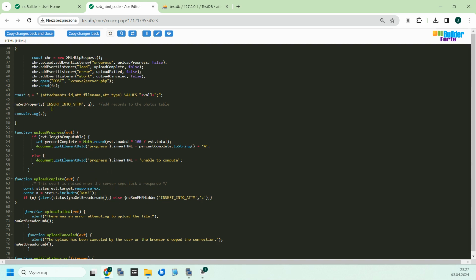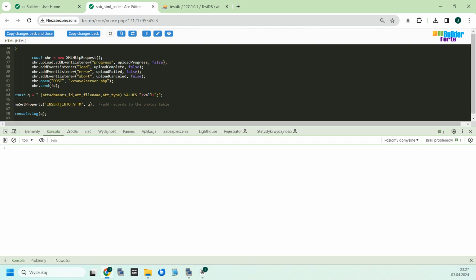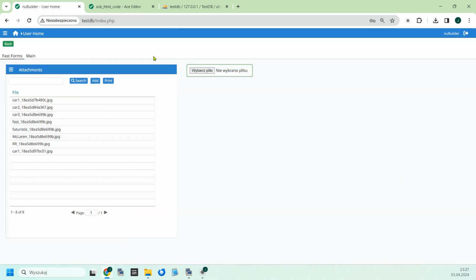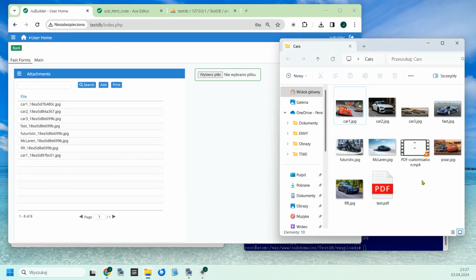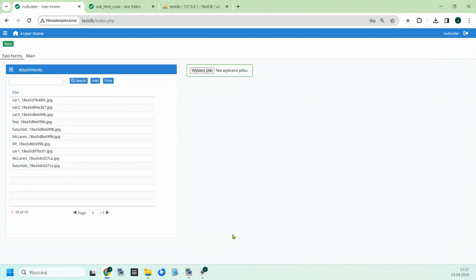the nuSetProperty. Yes. Maybe I will open the console log and we'll make just one example. Let's try to drop once again two files. Okay, I will drop it. Okay, and now we'll open